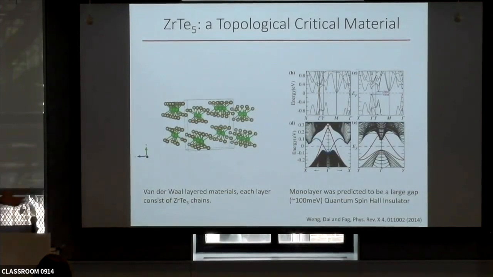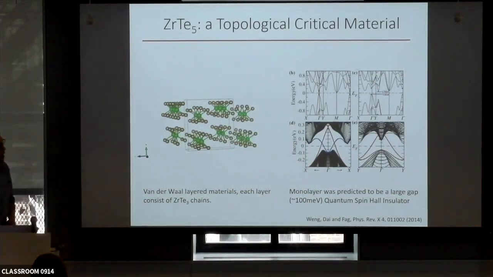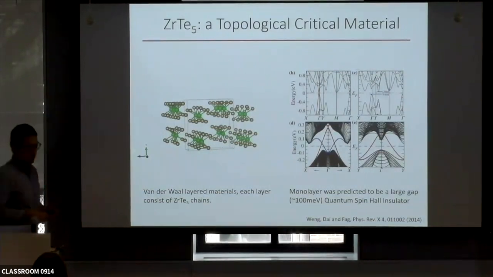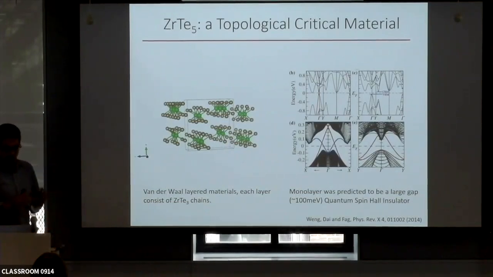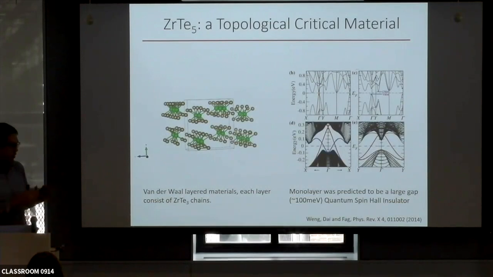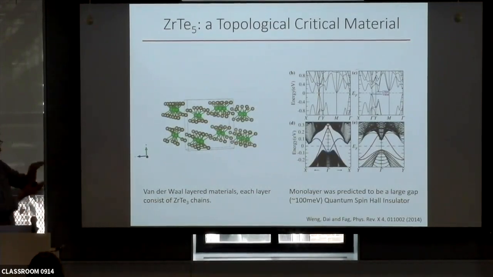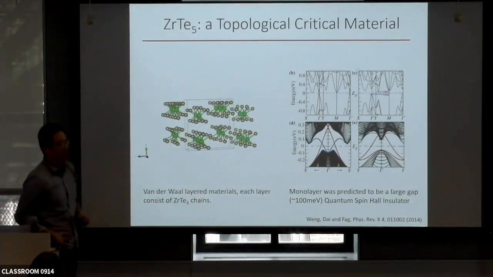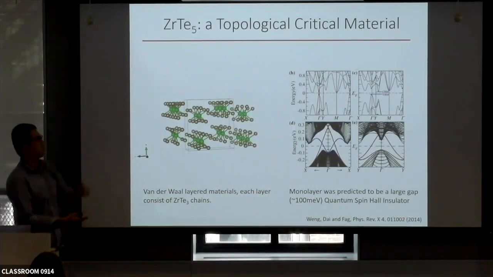It got more attention recently because of this paper by Weng, Dai et al., showing that if you make it a monolayer, it is actually a quantum spin Hall insulator with a gap as large as 100 millielectron volts. Although it has not yet been proven, as no monolayer device has actually been made, a more interesting thing was found in the three-dimensional version of this, that is, stacking this quantum spin Hall insulator into a three-dimensional bulk crystal. So what happens when you stack quantum spin Hall insulators into 3D?